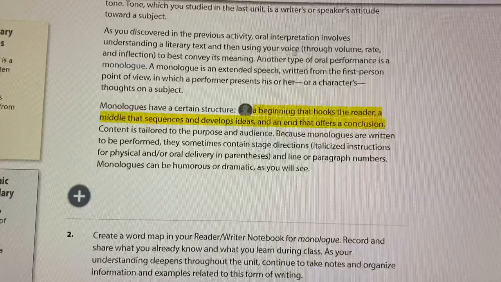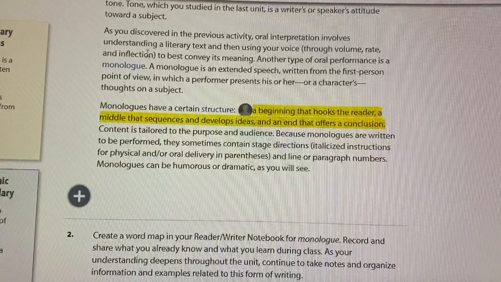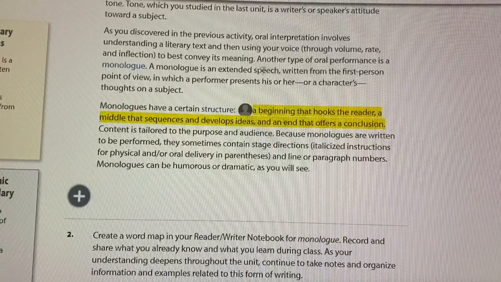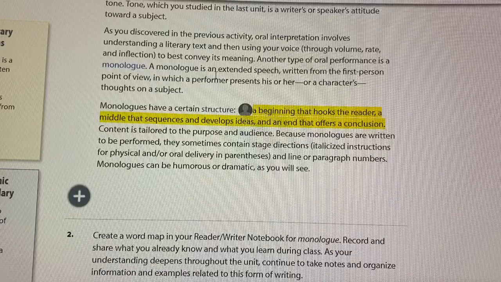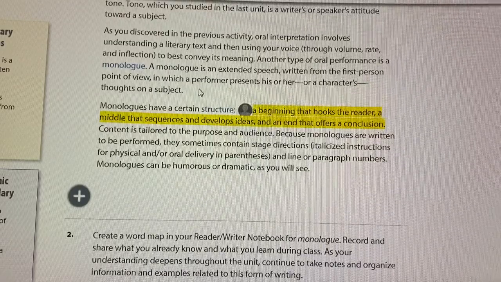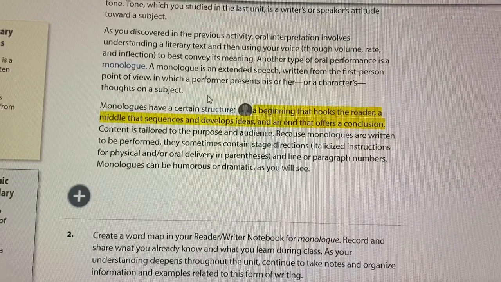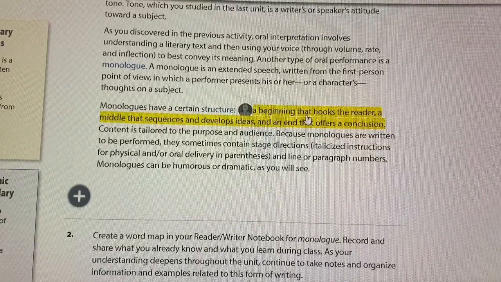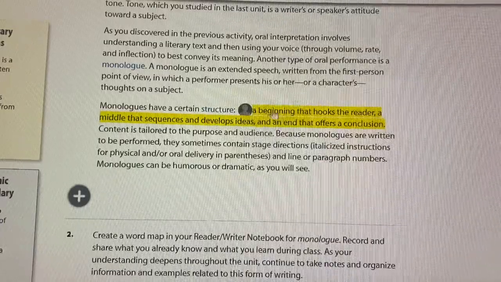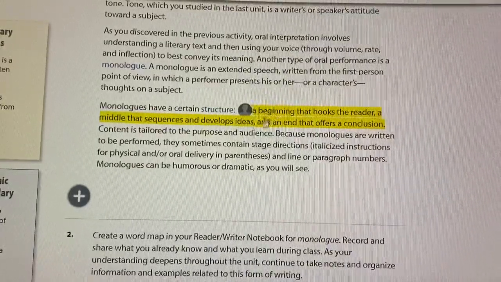And again, using your voice, volume, rate, and inflection. That's going to be important when you present your monologues later, which isn't going to be this week. It'll be probably a couple of weeks from when you watch this. One thing I highlighted, and I would recommend you highlight this too if you can get onto Springboard, this is